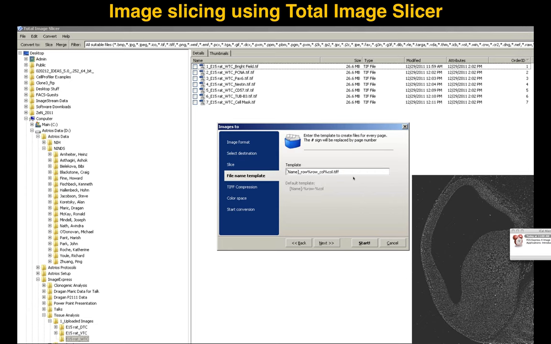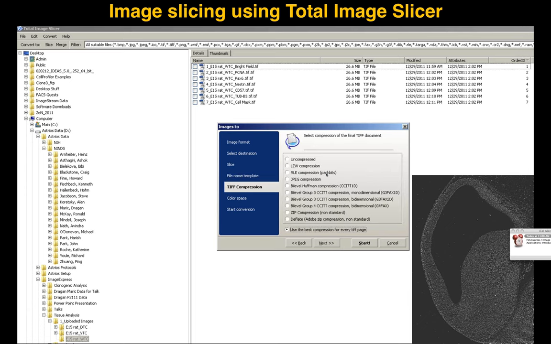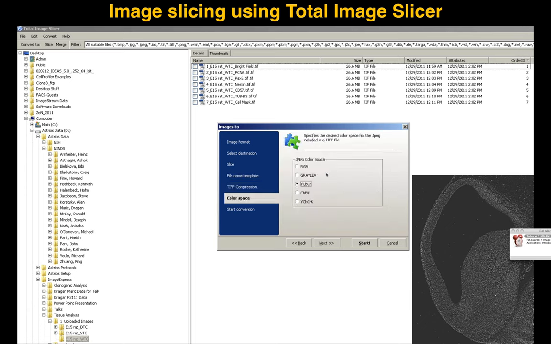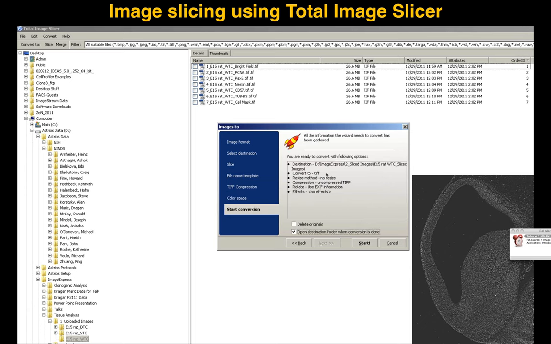Obviously, when the large image has been sliced, it's going to have rows and columns, which will then be read through CellProfiler, which is the next step. You can compress, but there's really no need for any compression, and you can leave defaults as they are, and you just convert all of these large images into slices. That's very straightforward. So once you have all the big image sliced into manageable tiles, the next step is to import